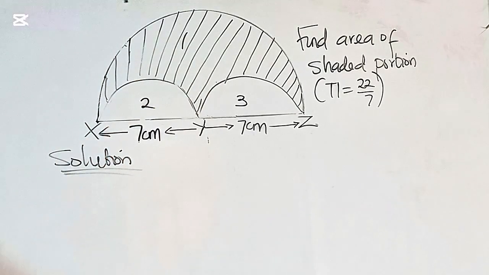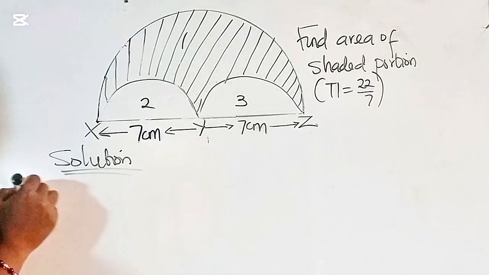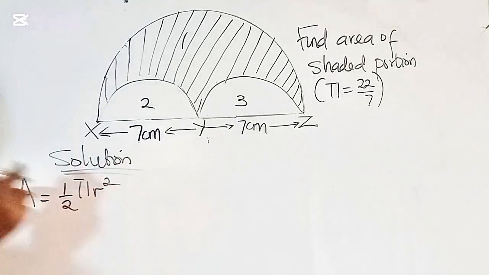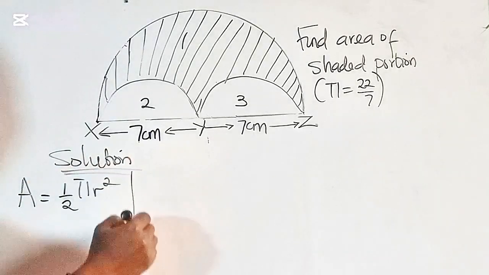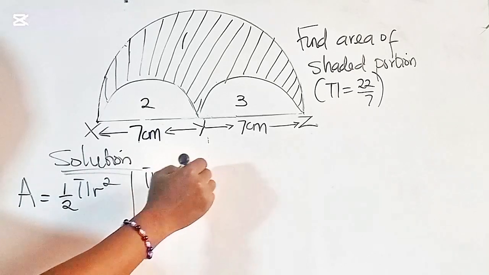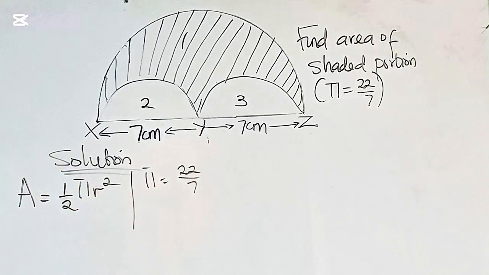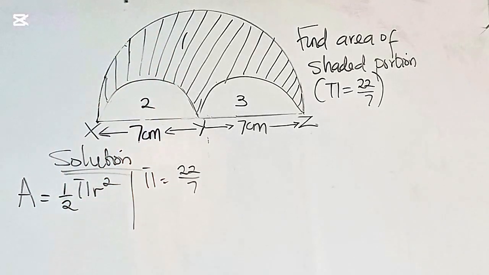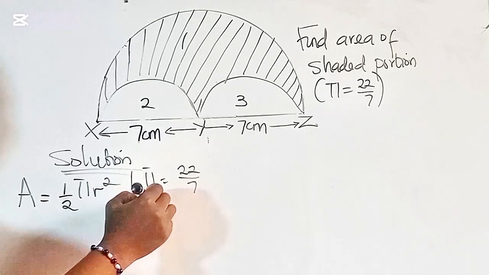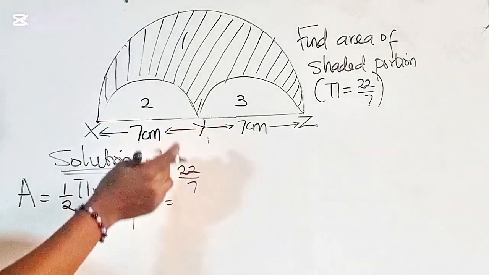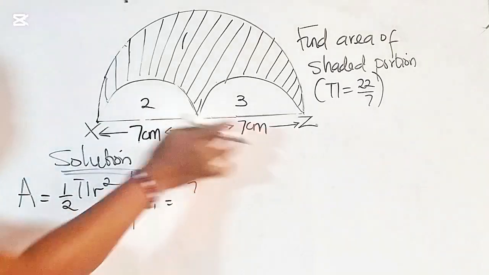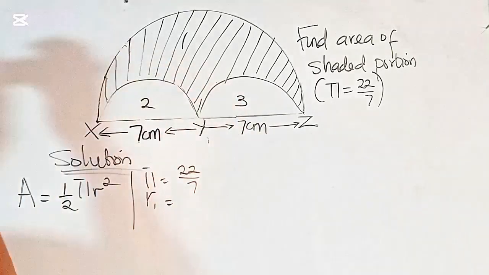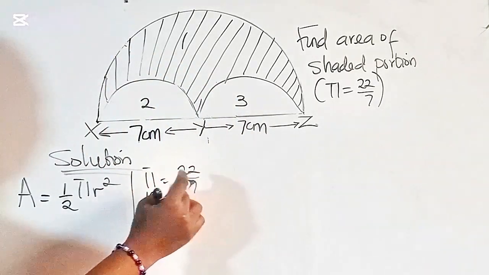The formula for calculating the area of a semicircle is 1 over 2 pi r squared. Pi in this question is given to us as 22 over 7, where r is the radius. We are going to determine the radius for the bigger semicircle and the radius for the smaller semicircle. So the radius for the bigger semicircle, let's call it r1, is going to be this total length XZ, which is the diameter, divided by 2. The total length is 7 plus 7, which is 14. 14 divided by 2 is 7